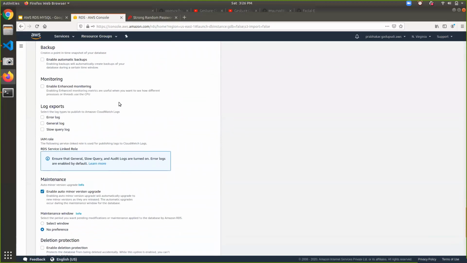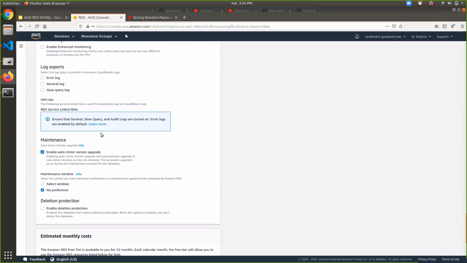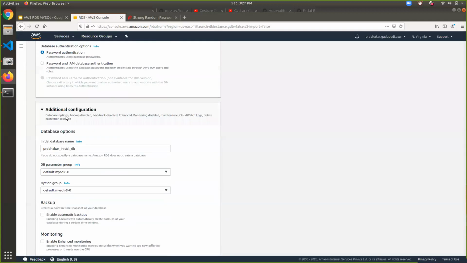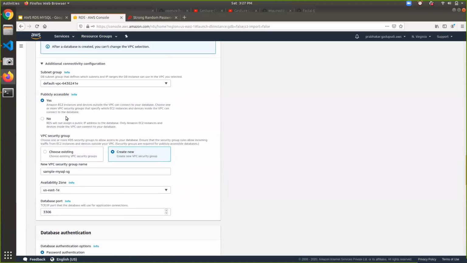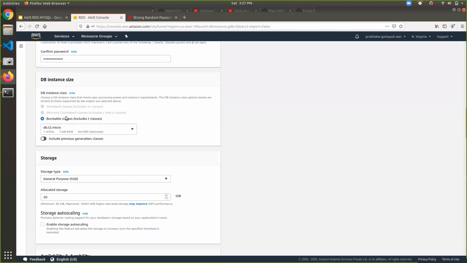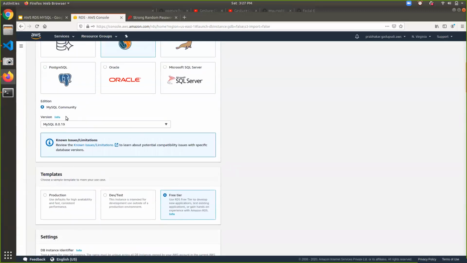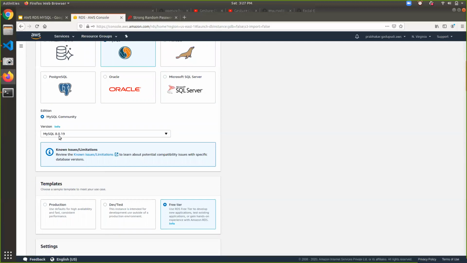I'm not going to look at the monitoring and log exports in terms of errors, debug and info. After that, the final one: if any minor version is available. Suppose I'm running my MySQL database instance with version 8.0.19, and tomorrow the new minor version 8.0.20 is available.